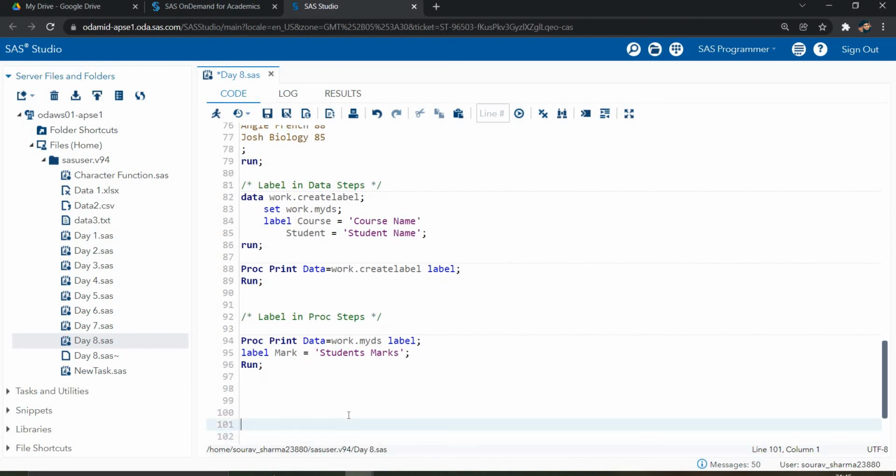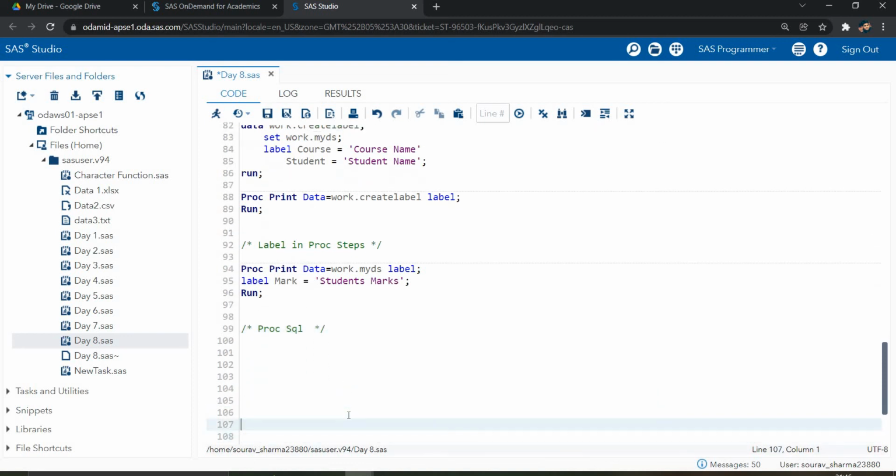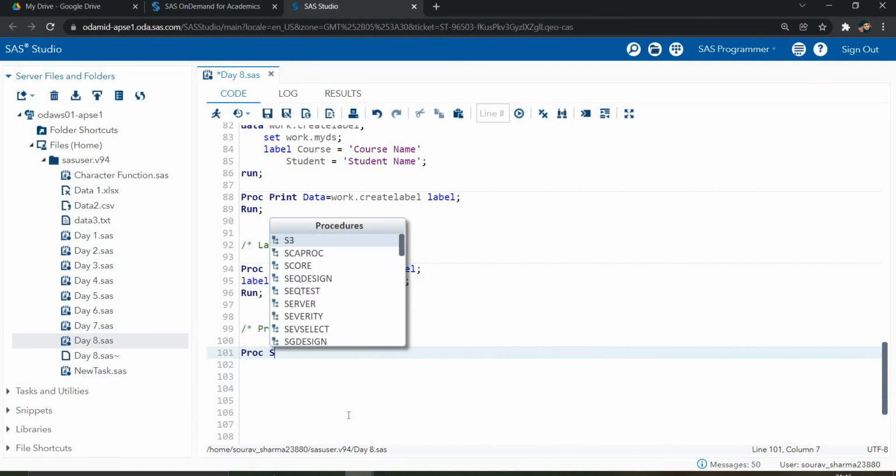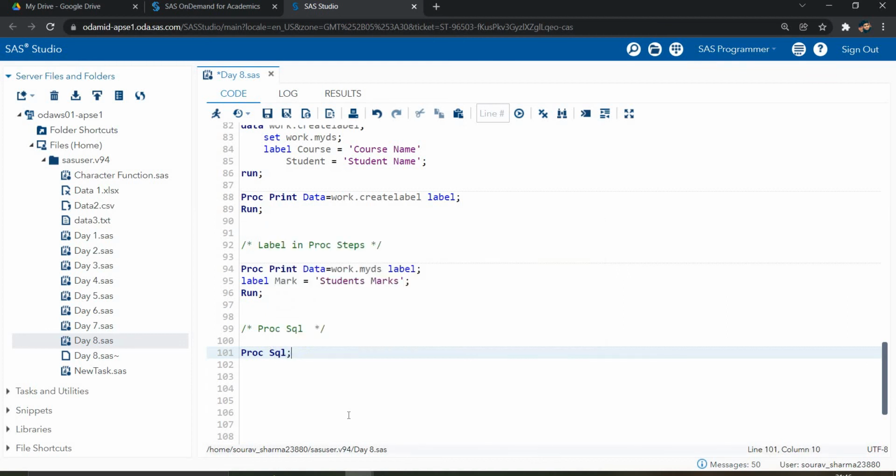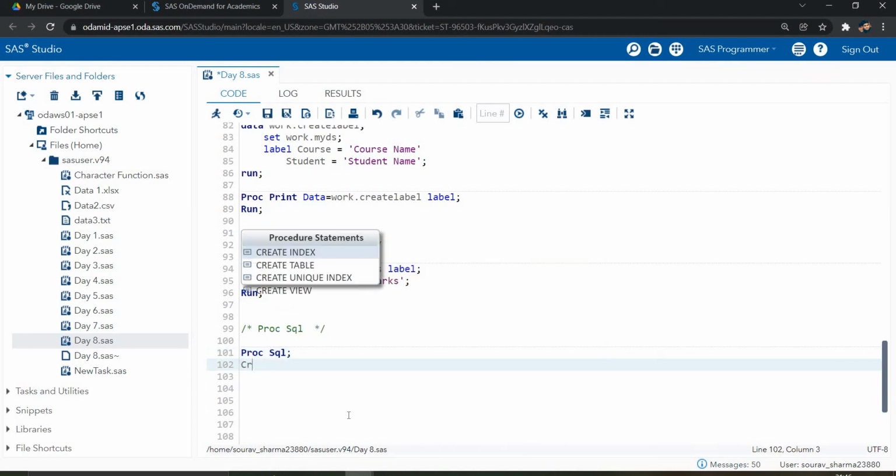In the data step we are creating a new data set; in the proc print we are only modifying our output. Okay, one more way is with the proc sql. With the proc sql, how we are writing the label statement. Let's see. First of all we need to write proc sql.